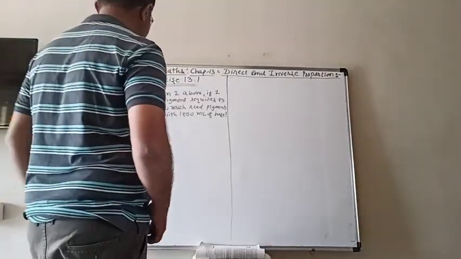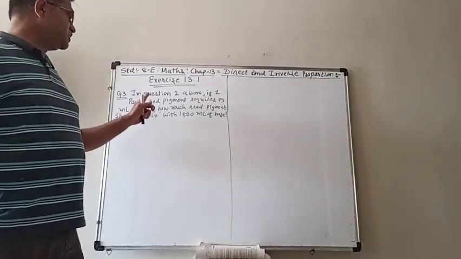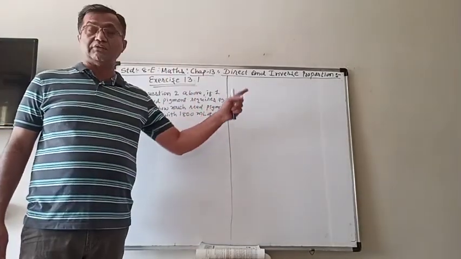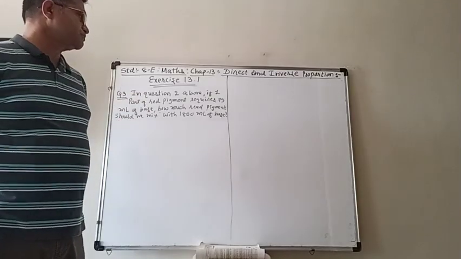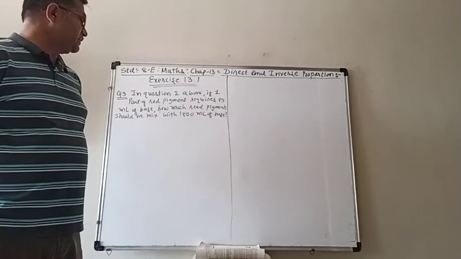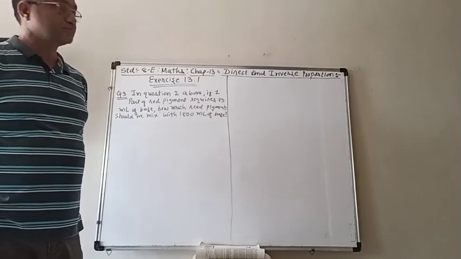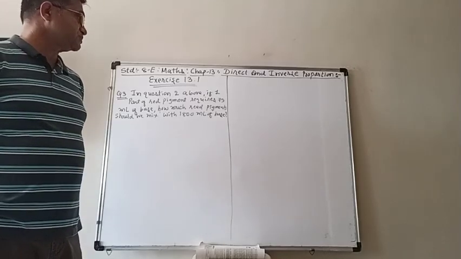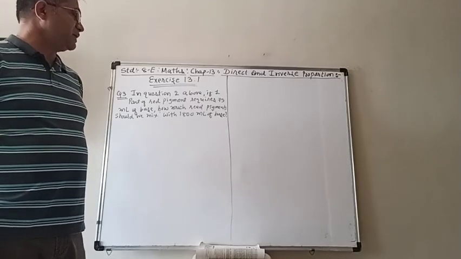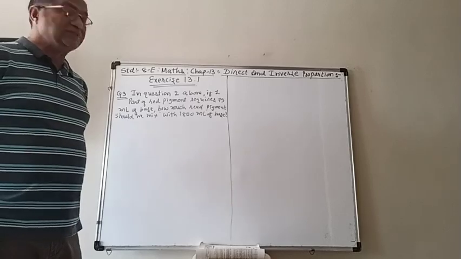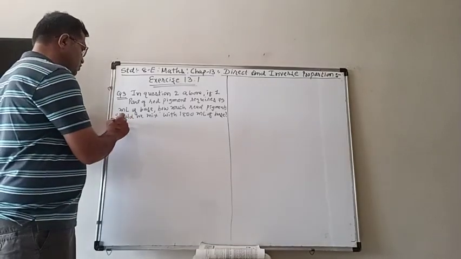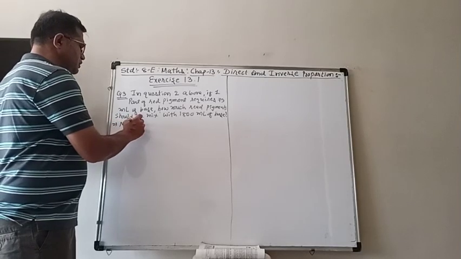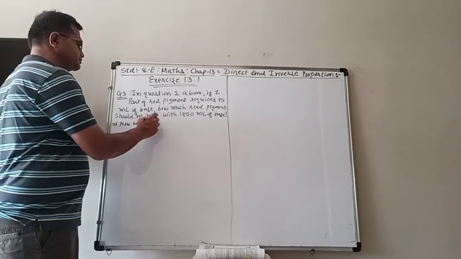The third question. It says that in question 2 above that we did now, if one part of red pigments requires 75 milliliter of base, then how much red pigments should we mix with 1800 milliliter of base? So now we know that